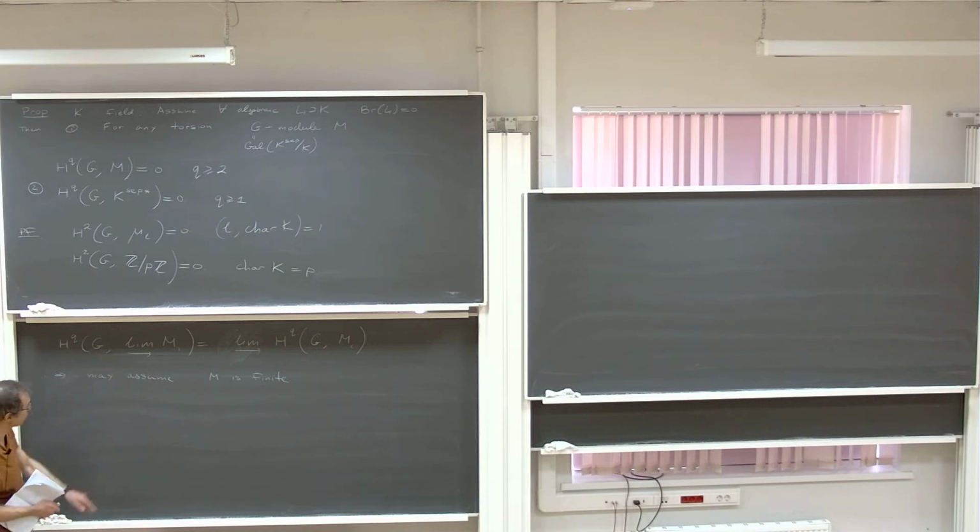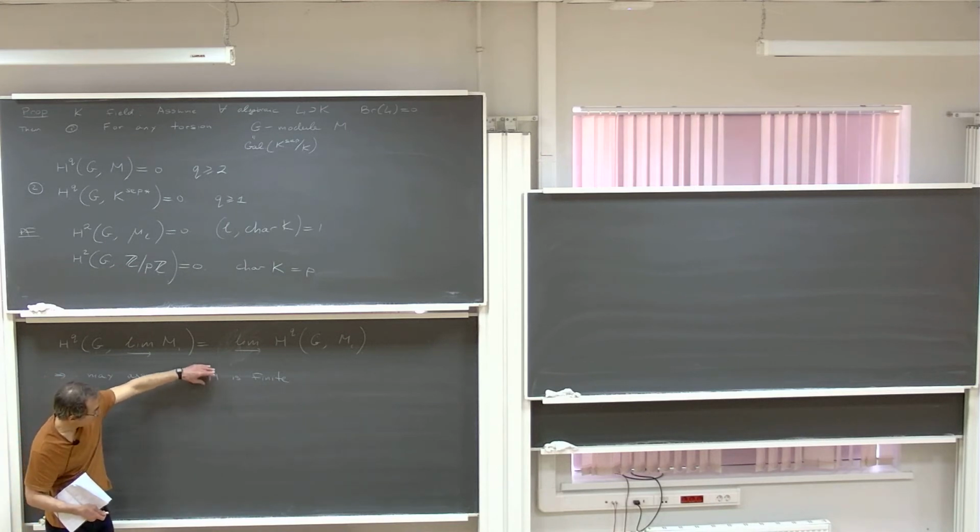Now this is a finite abelian group, right? So it's killed by some integer n, and by the Chinese remainder theorem it can be